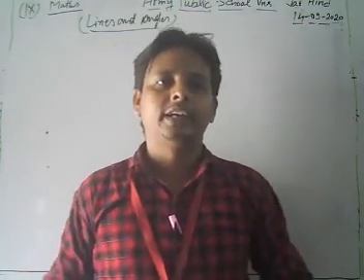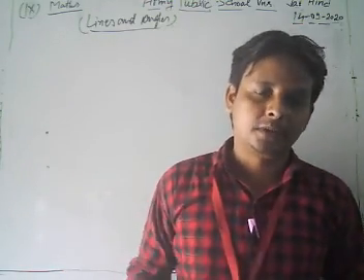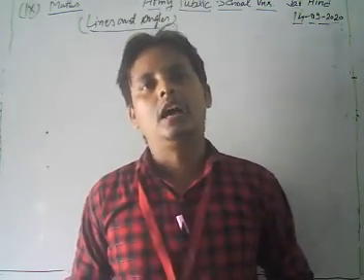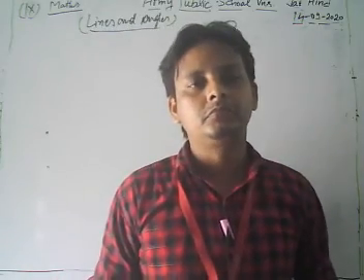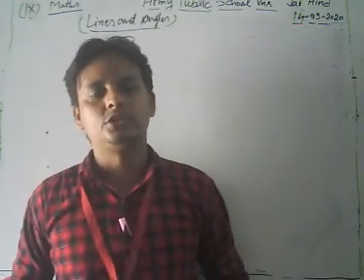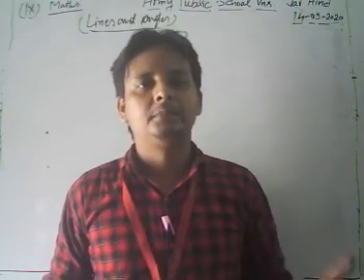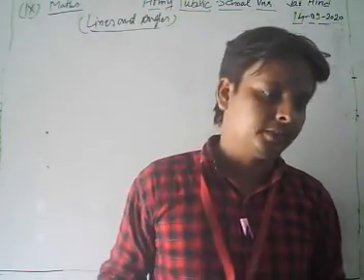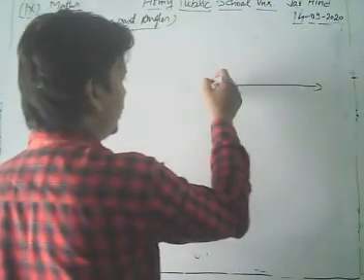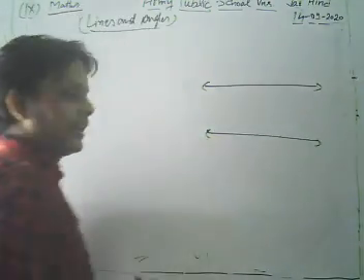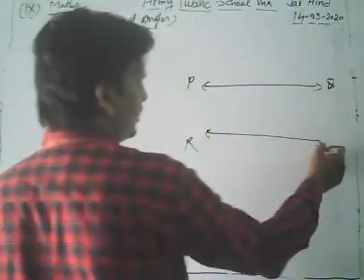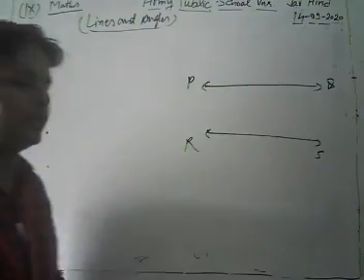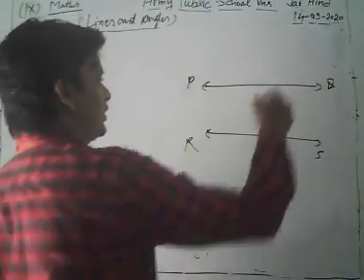Dear students, in the previous class we discussed the chapter lines and angles, and in that chapter we discussed some important concepts related to angles made by a transversal. I will revise some topics. In the previous class, we discussed what happens if two lines are parallel to each other. Suppose here two lines PQ and RS are parallel to each other and cut by a transversal T,